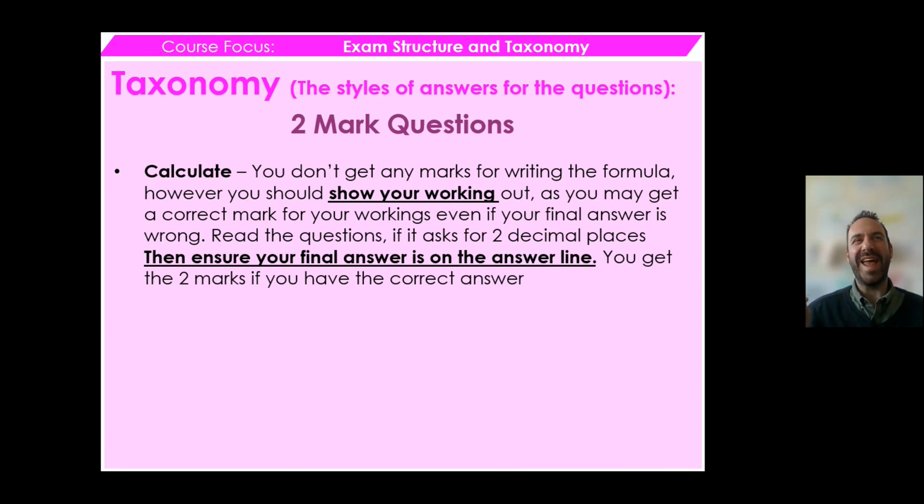The other thing to be aware of, without fail, every time I'm marking papers, there's always someone who does it. The questions will often say to 2 decimal places. It might say to 1 decimal place, it might say something else. Make sure that you are answering the question exactly the way they've asked for it. If you've worked everything out right, but you've just rounded it to no decimal places, and the question asked for 2 decimal places, you will lose a mark for that. I know I've spent a lot of time saying that to you, but I'm emphasizing it because that is a wasted mark of something that could be really easy to get.